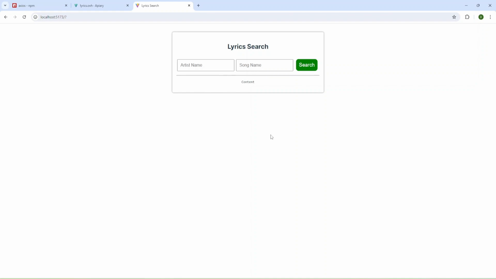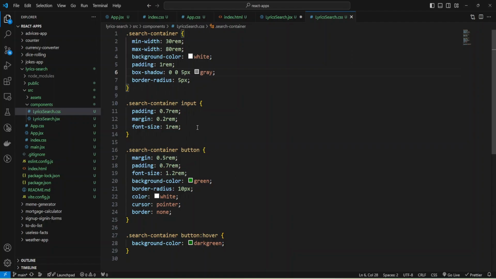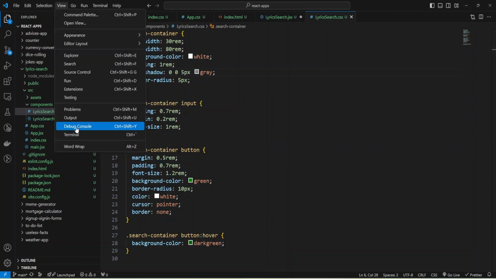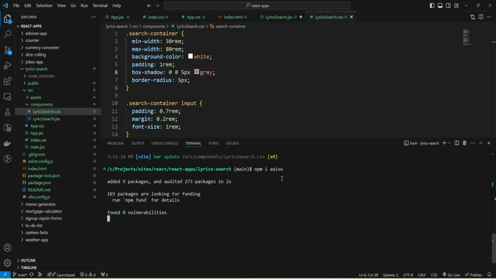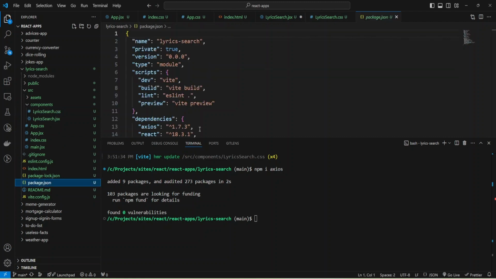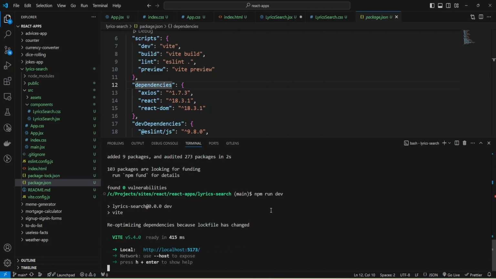And I'm going to add access to make requests to our API, and I'm going to copy this npm install command and add it to my terminal. I'll stop my dev server and install Axios, and let's check packages soon. As you can see, Axios was added into dependencies, and now I can run command npm run dev and launch my app again,